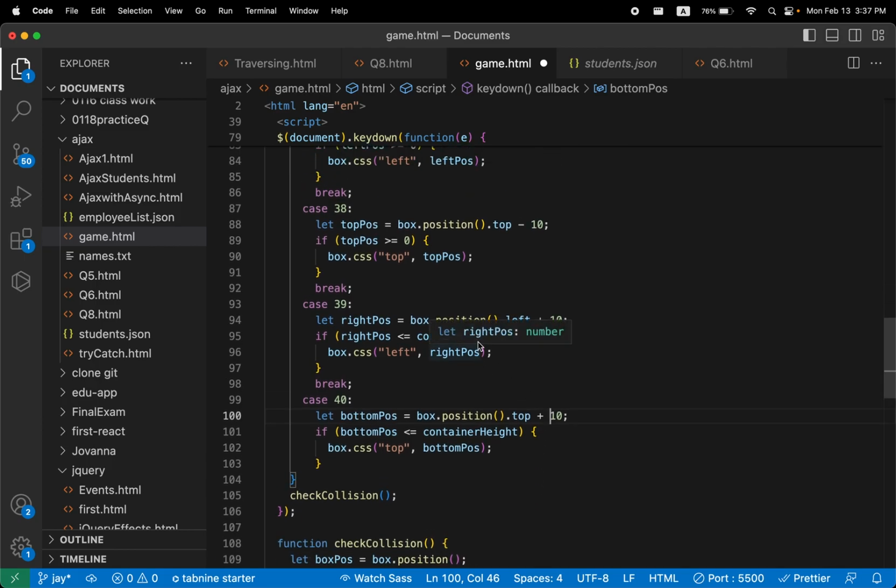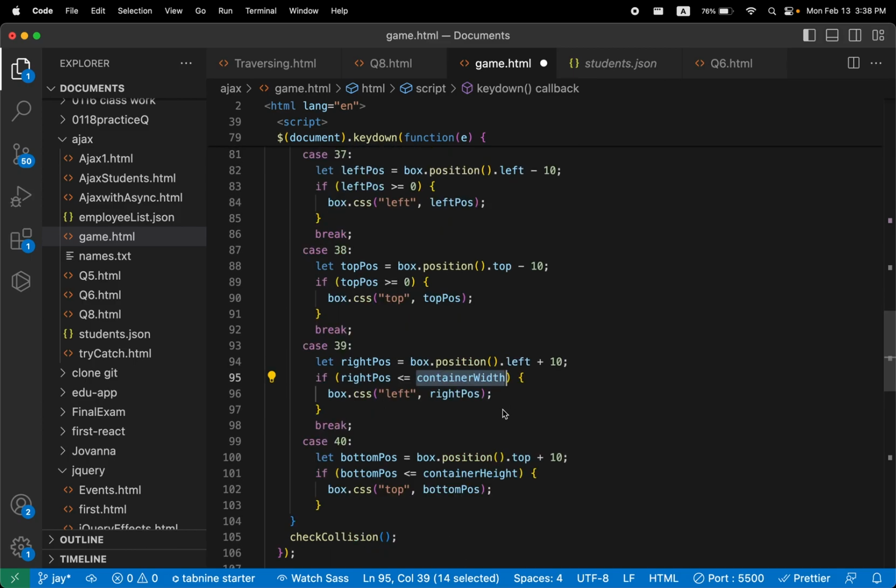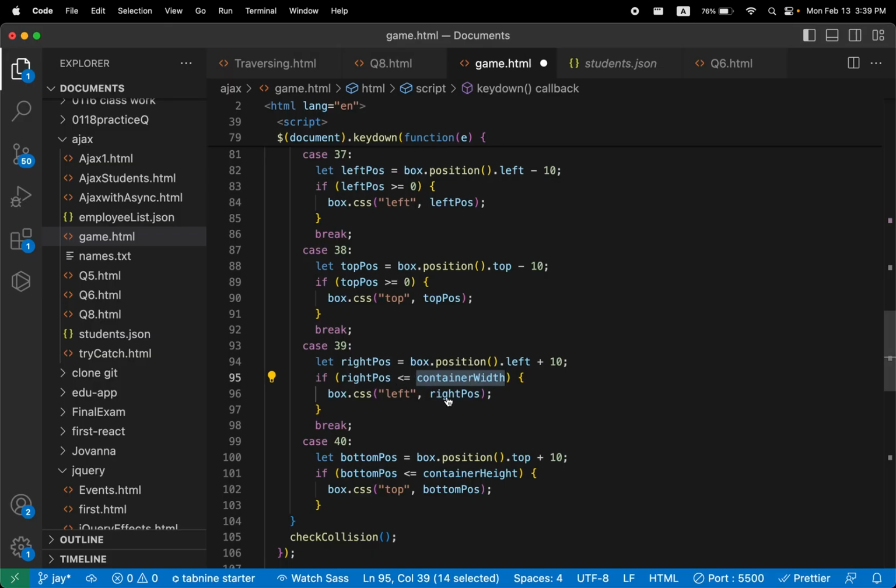From here, I'm checking if right side position is bigger or same as container's width. This right position should be smaller than container's width. Container's width is here and here, so if it's smaller than that, I'm